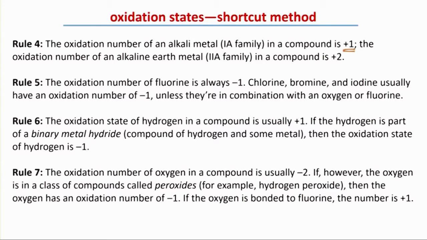And if you have an alkaline earth metal, that's group 2A, its oxidation state will be +2. This is when it's in a compound. So remember, Na solid, its oxidation state would be 0. But now if you have NaCl, the oxidation state on that sodium isn't going to be 0 now. Now it's with something, and we know that the oxidation numbers have to add up to 0 since this is neutral. The alkali metal will be +1, and then that means that the chlorine will be -1,